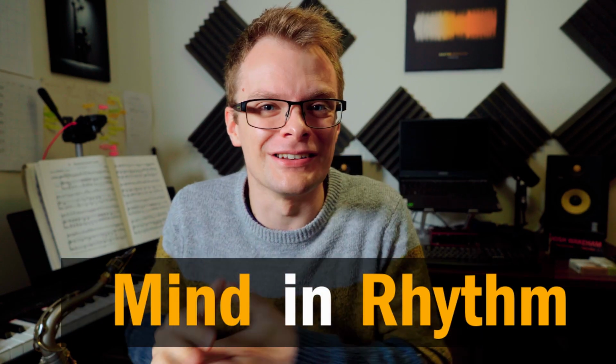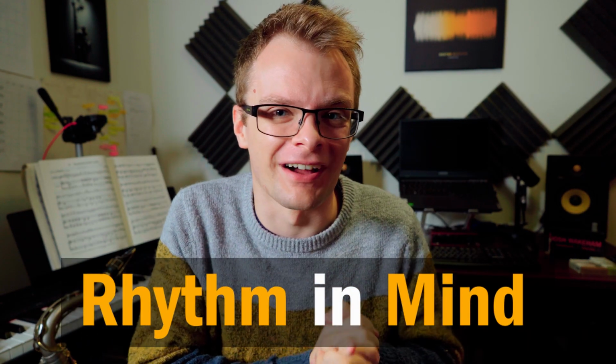Soloing in odd meters or odd time signatures is often seen as this really complex thing for advanced improvisers to start reaching for. But by using the rhythm in mind approach, you can be improvising in odd meters in no time. For those of you that don't know, odd meters like 5/4 and 7/8 are basically just time signatures in